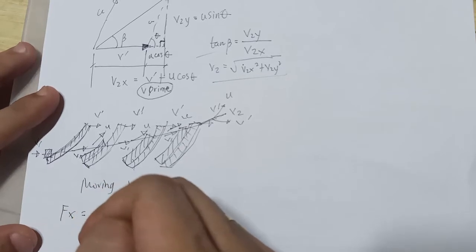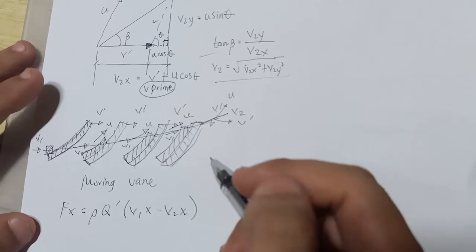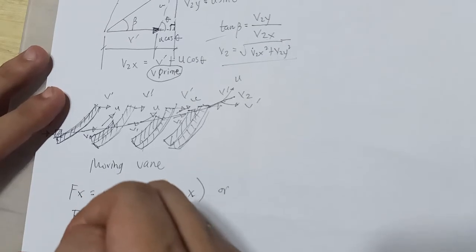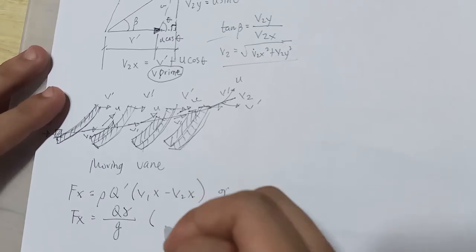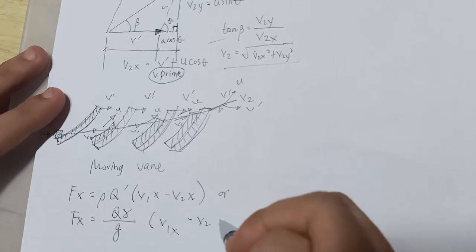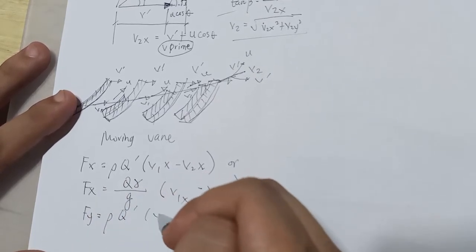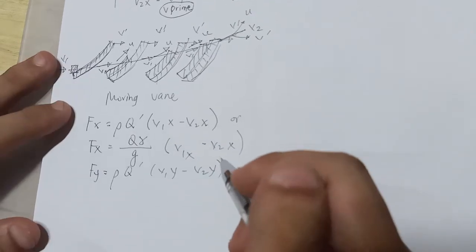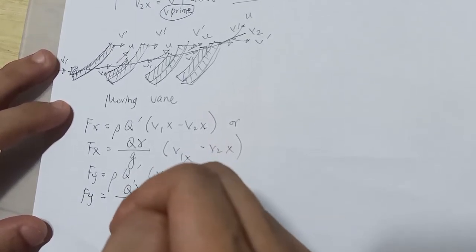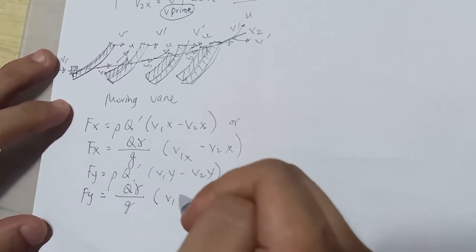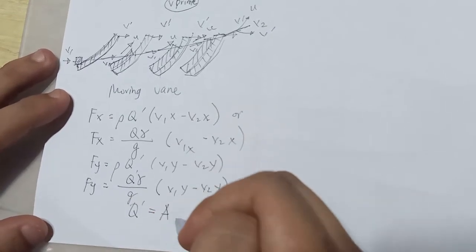Fx equals to mass density Q prime V sub 1x minus V sub 2x, or Fx equals to Q gamma over acceleration due to gravity V sub 1x minus V sub 2x, as well as our Fy is rho Q prime V sub 1y minus V sub 2y, or Fy is Q prime gamma over g times V sub 1y minus V sub 2y,